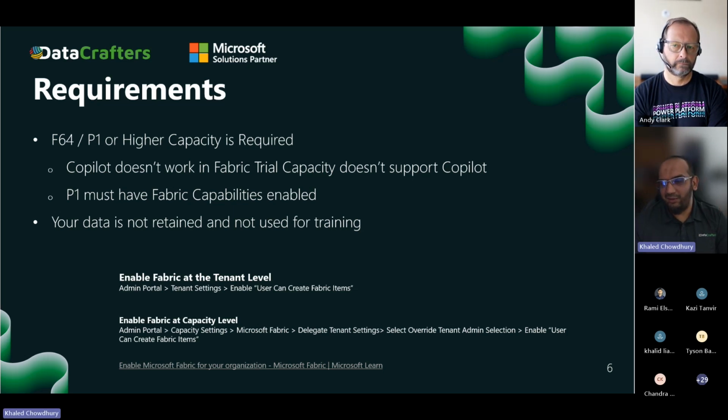I guess I don't really have a slide in here for cost, but you do not pay for Copilot separately, even though it,